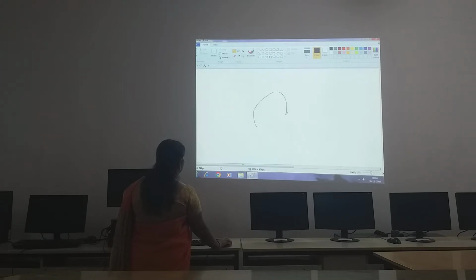Okay, like a balloon. It's not perfect. So we will try to draw a balloon. Now we will take this pencil tool and draw that balloon, children. A big balloon you can draw like this.